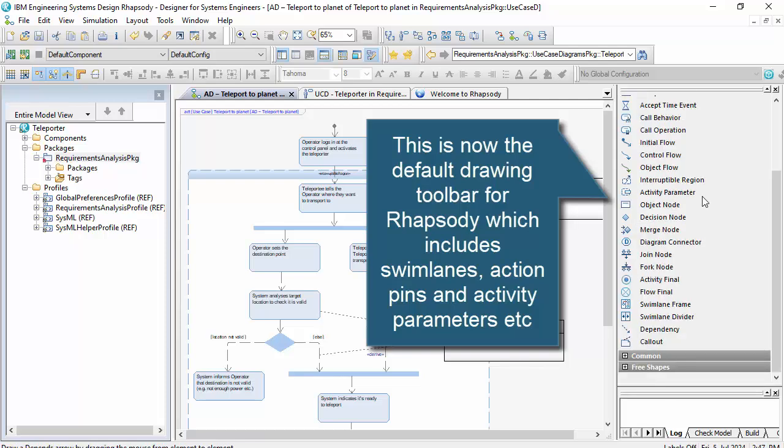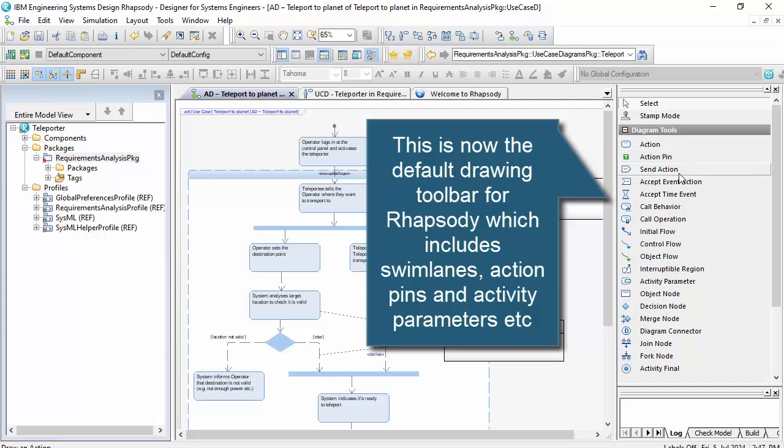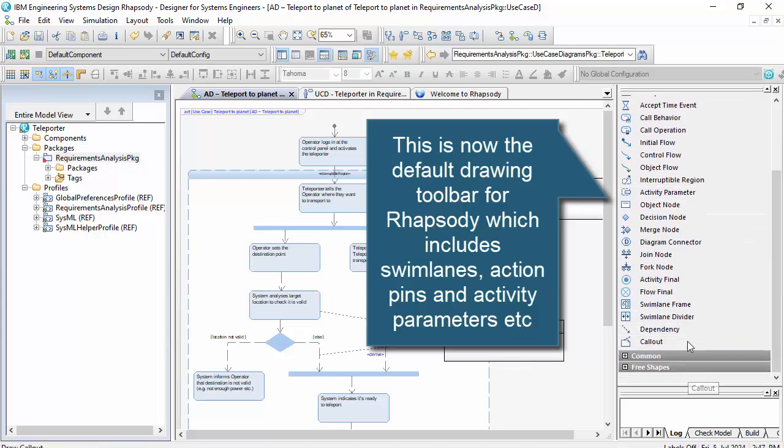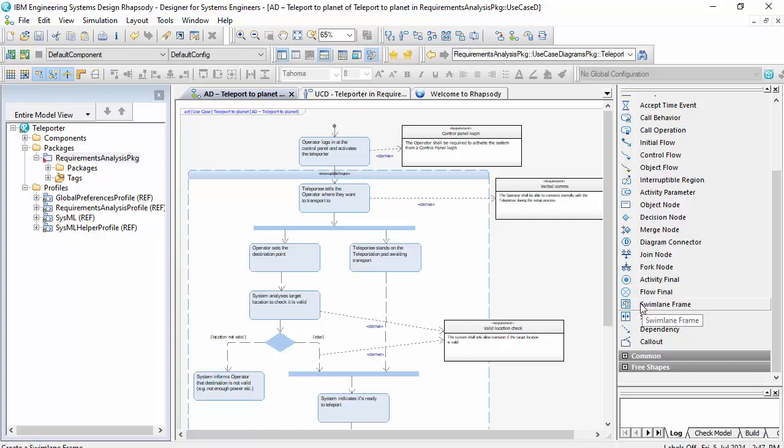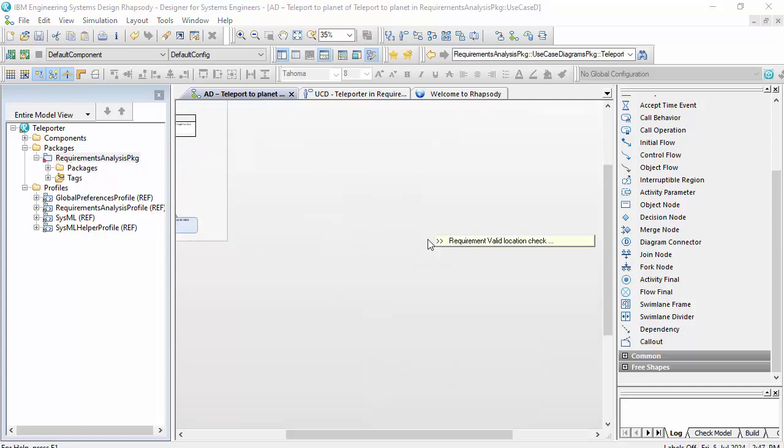Let me just expand this a bit. So I've got actions, but I've also got action pins, parameters, and I've got these swim lanes. So the concept of swim lanes is the ability to associate structure to those swim lanes, and then if I put the action inside of that swim lane, then there's an implicit thing within SysML that that behavioral element is done by that structural element. Let me just zoom out, and